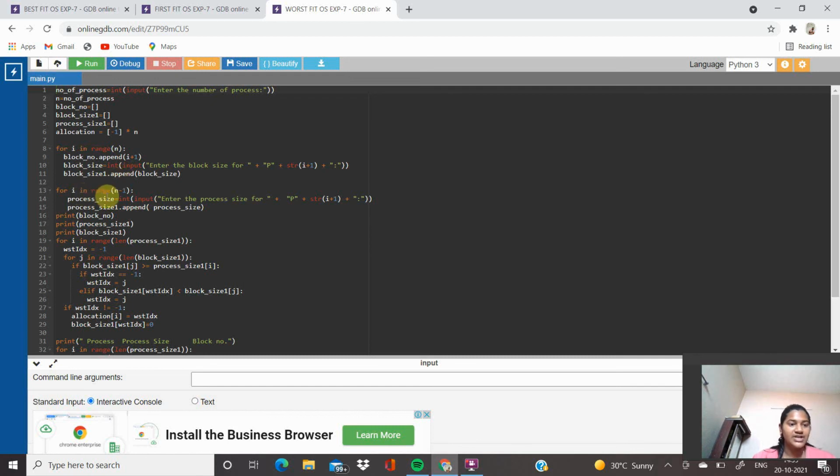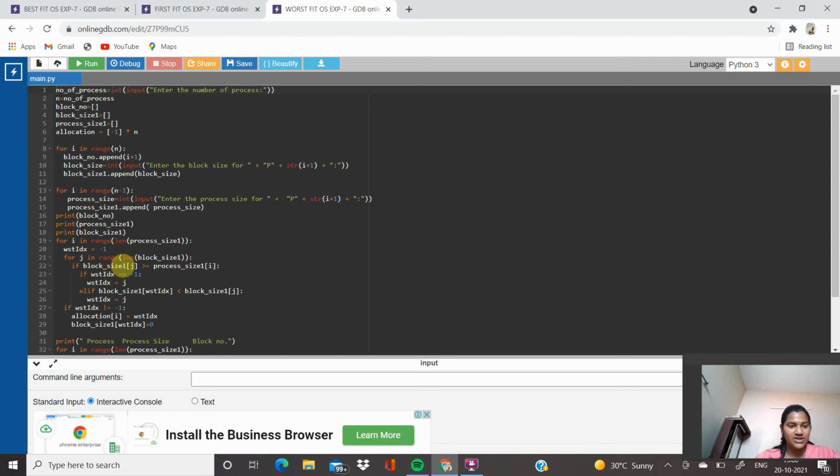For I in range n minus 1, process size equal to int input, enter the process for plus p plus string plus 1 plus semicolon, process size 1 append process size. Print block number, print process size 1, print block size 1. For I in range length process size 1, waste index equal to minus 1.